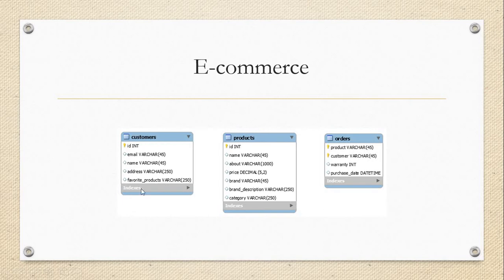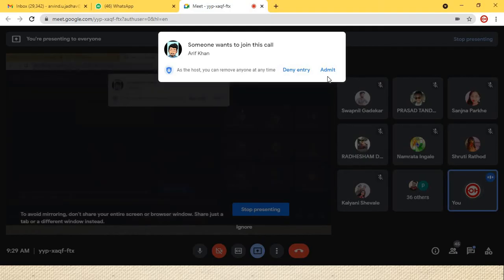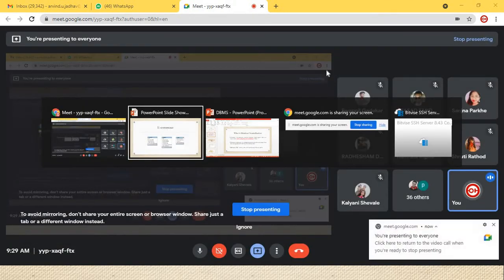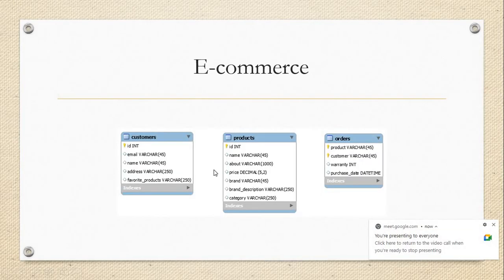That means this favorite product is totally dependent on customer. No. So that favorite product is a part of customer? No. So it will leave the other part. When I try to delete the favorite product, automatically my data will be deleted. Then what is the need of that data? So that means we need to create a separate table for favorite product, and associate it with this primary key, so we get that information. That means we are not able to delete the data. In that case, even if the favorite product is deleted, the particular ID gets deleted.